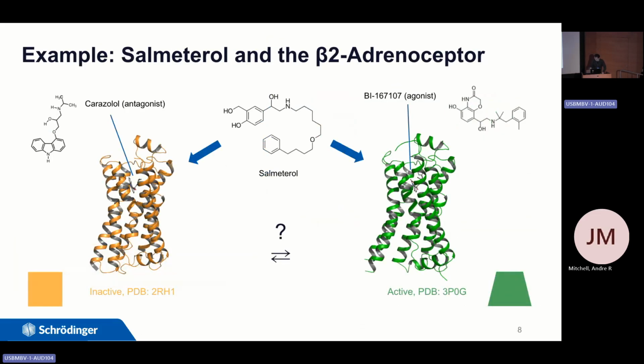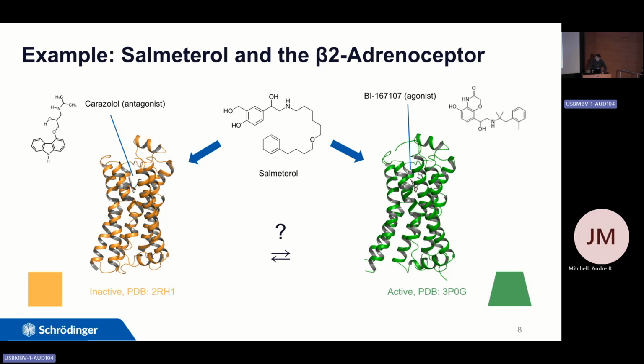Let's take a very simple example, the beta-2 receptor shown here. So here we have 2 structures, each with the agonist and antagonist bound respectively. Then for an unknown ligand, for which we want to predict the functional response upon ligand binding, we just need to dock this ligand in its 2 receptor conformations and run 2 ABFEs to calculate the interaction